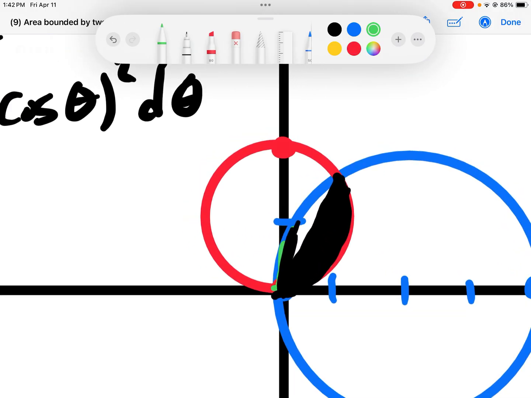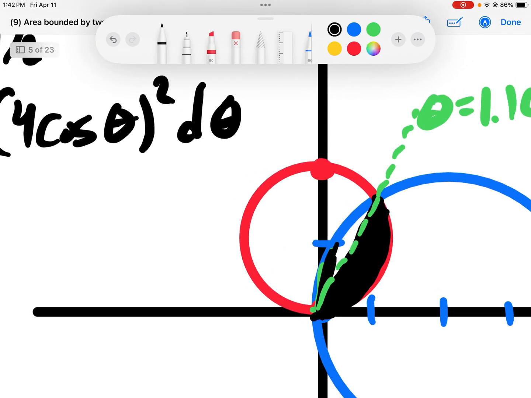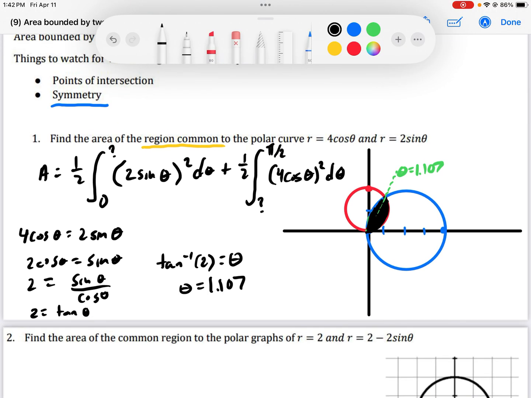And then at that intersection point, here's a theta right here. This is theta equal to 1.107. So when theta is 1.107, they intersect, and then now if I integrate, I would use a different function to get my radius. I get that blue one, and as I add up all those infinite number of segments, I get that area. All right, so if I plug this into my calculator,